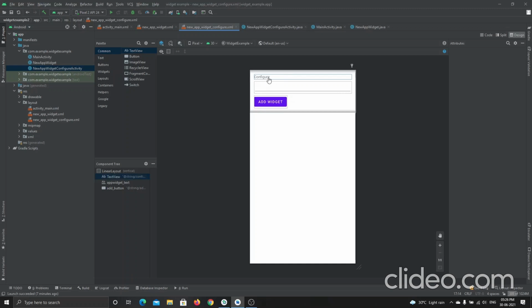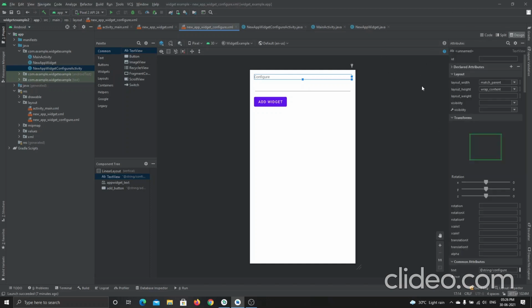Okay, just go to the configure, and when I go to configure, it asks me some attributes of both, and I will just place this configure in the center. Okay, let me show you. Okay, this is how it works.